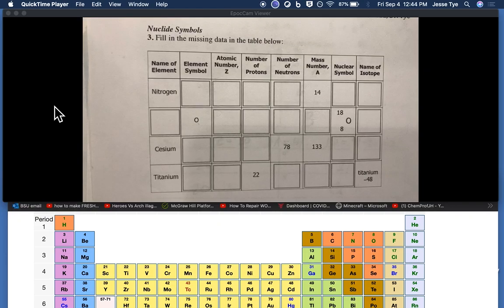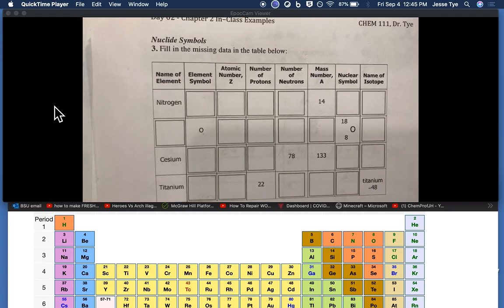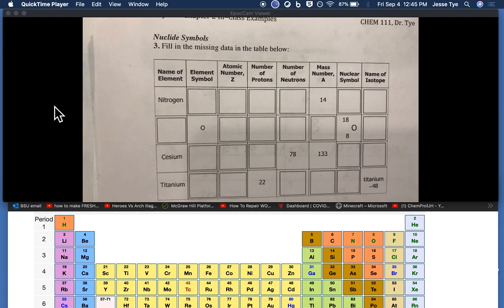Okay, for problem number 3 here, again, this is just more of a tabular way of representing everything. So this is all the different ways that you could have to analyze this data. You could be given the name of the isotope and have to come up with a symbol. You could be given the name and have to figure out how many neutrons, all sorts of different things we could do here. To work through this particular table,